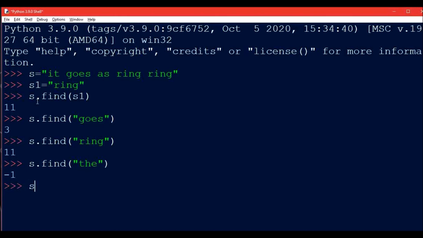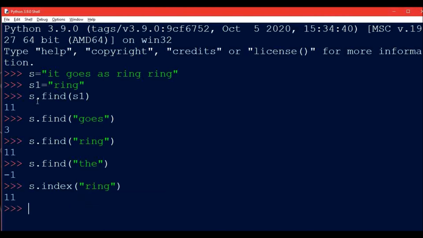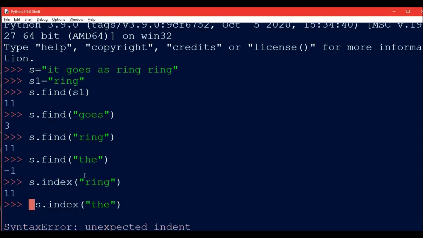Now with s dot index and then whatever the substring is, in this case also you can see that the same answer will be returned that we get when we write s dot find ring over here. But if I write index instead of find with a substring that is not present, an error will be raised.